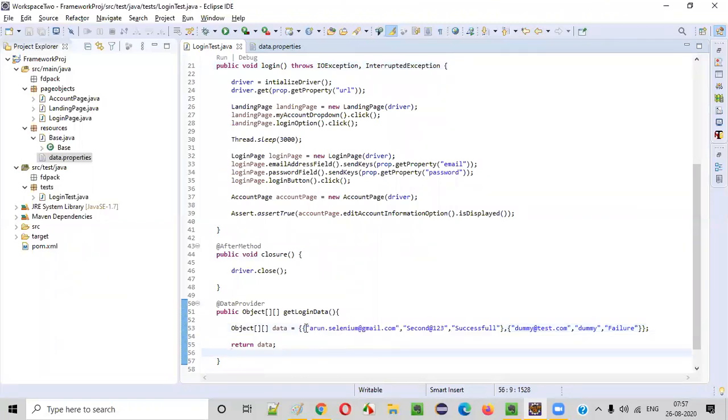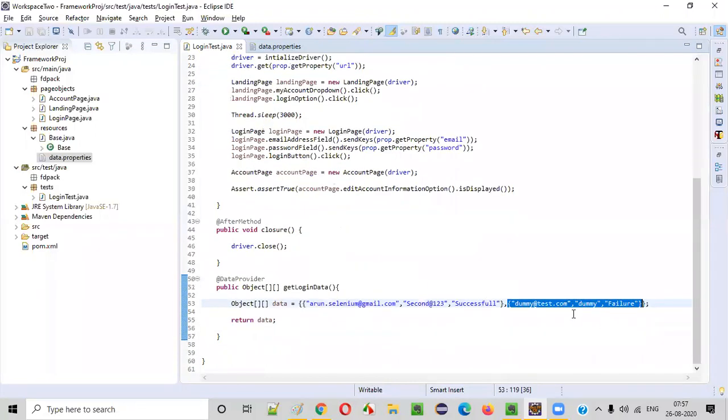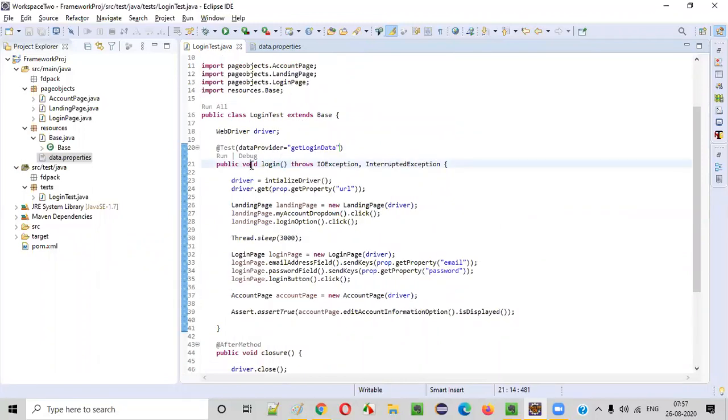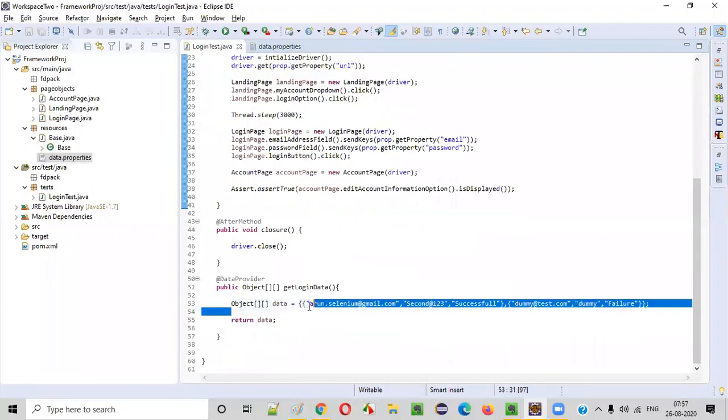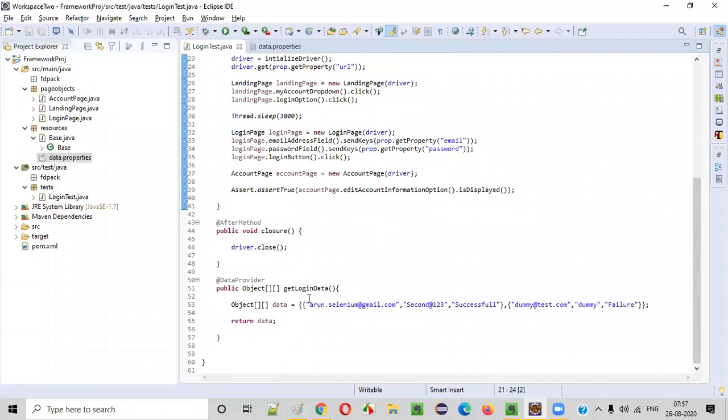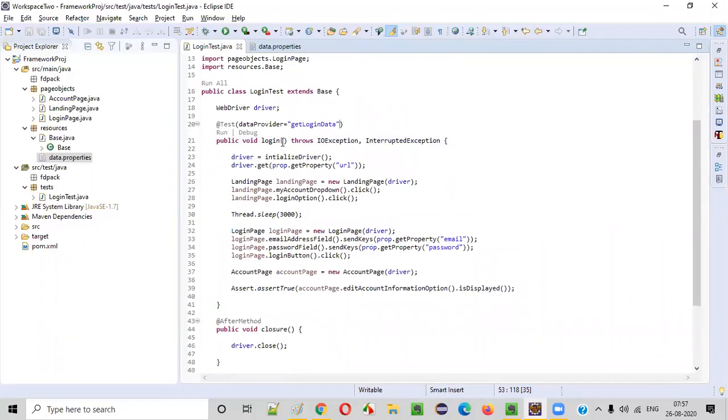So here, the first set of data is having three data. Second set of data is having three sets of data. Okay, three parameters. We have to create three parameters here, guys. This particular method has to receive three parameter values. So don't create one or two here. It will result in error, guys. When you run the code, it will result in error because the first set of data is having three parameters. Second set of data should have three parameters. So we have to create three parameters here. Make sure the count is same. Okay, otherwise it will result in errors, guys.